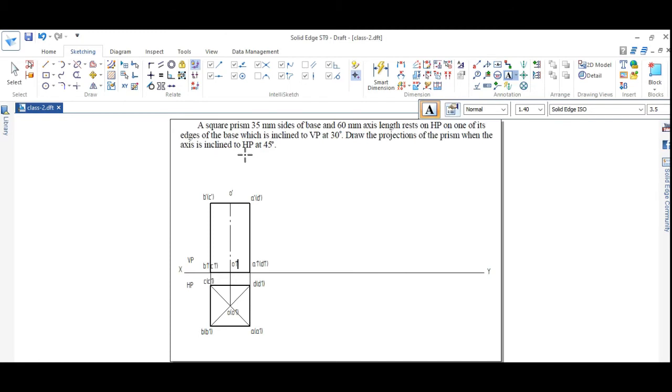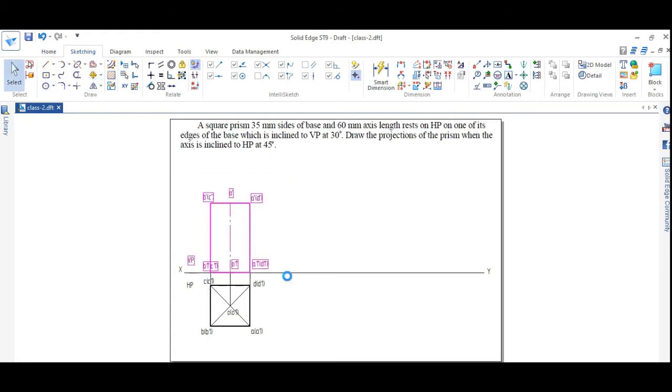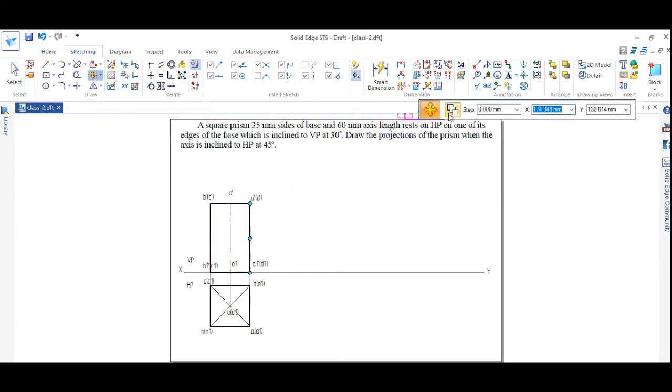When the axis is inclined to HP at 45 degrees, this axis has to be inclined at an angle of 45 degrees. For that I will use the move option. Select the move option, make sure that the copy option is on, and place it here.